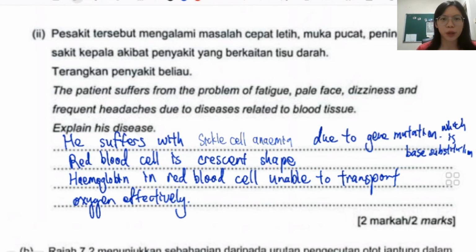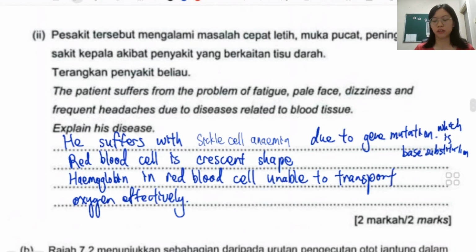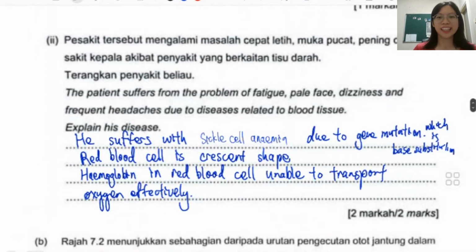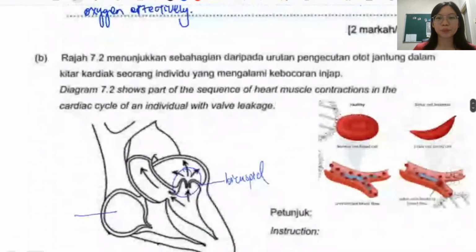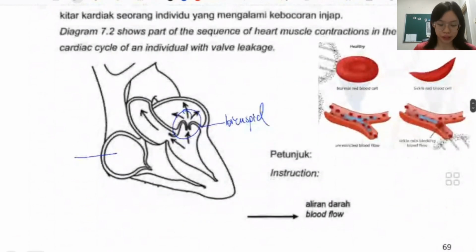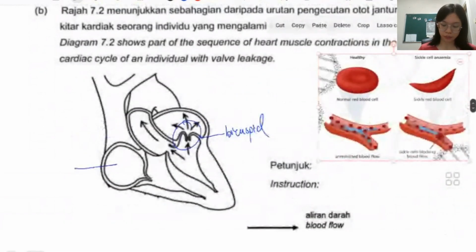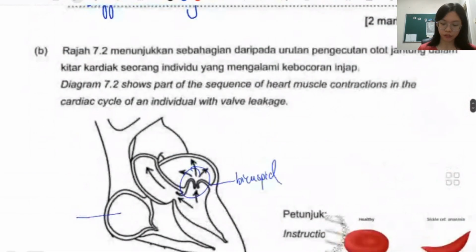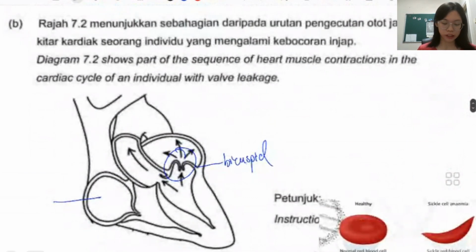There's actually an essay question during 2022 that frequently asked on sickle cell anemia. Long essay questions. So yeah. Now let's move on to the next question here, talking about the sequence of heart muscle contraction in the cardiac